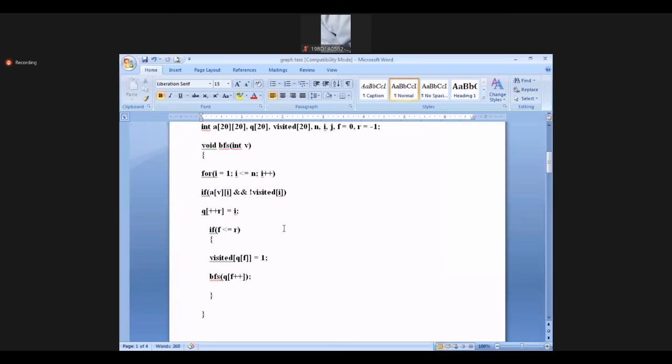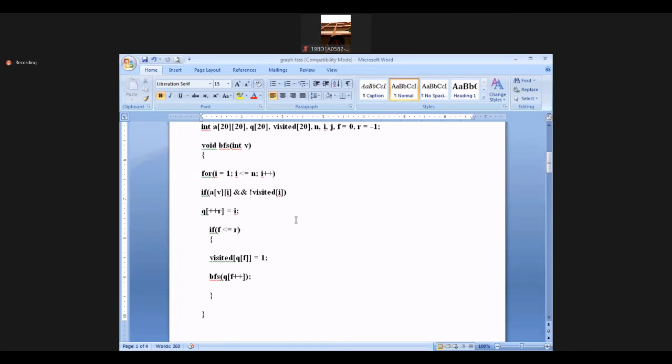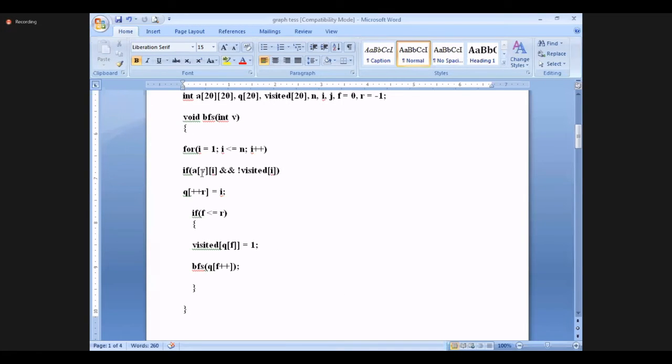So like that, based on this F value, automatically the Q, which we are initializing for seeing this F, is incremented with F plus plus, so the row values are also incremented. Like that the flow will go, and each for loop works based on this V value, which comes from the BFS argument.